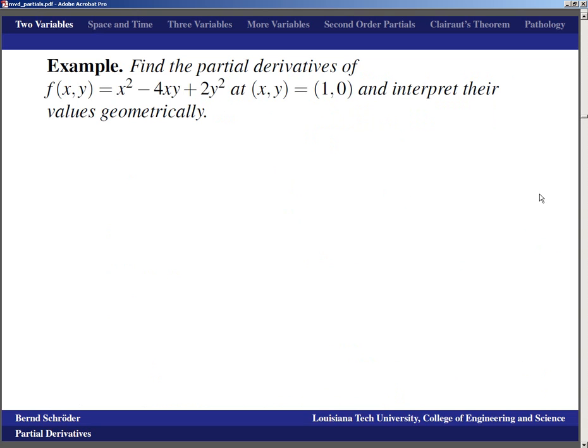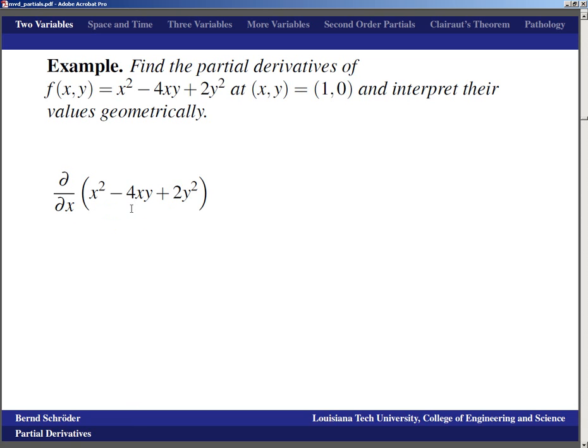And so that means when we compute the partial derivatives, computations should be very similar to what we had before. The important thing that we'll spend considerable time on here will be that we also interpret the values of these partial derivatives geometrically. So, if I want to find the partial derivative in the x direction of this function f, I say partial with respect to x of x squared minus 4xy plus 2y squared,